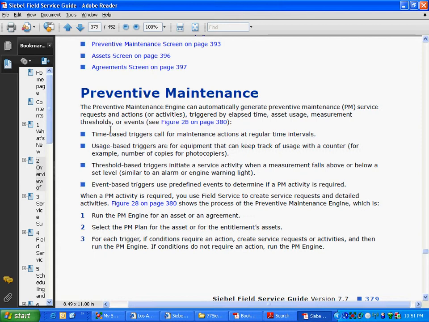In case of time-based trigger, I'll give you the complete scenario. See, in case of time-based triggers calls for maintenance at regular time intervals. Like after 3 months, company will send you this thing. Hey, you know what? You need to bring your car for service, and you take the car there, and then they service it for you, right? So, can you give me a little bit more elaborate description of the scenario for threshold-based triggers? Said that, like say engine heats up, there will be a light, and that will create a threshold-based trigger, right?